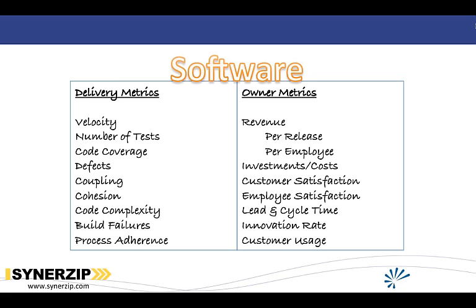Got it. The second question, which is a little bit bigger, and you can reserve the right to postpone towards the end, is this question around why even discuss metrics, which is what's the objective function for any metric? So what decisions are you going to make based on whether they're delivery metrics or owner metrics? So isn't that a more primary question, which is what are we going to do with the metric before we? Yeah, that's a good question, and it's kind of what we're leading to here in this